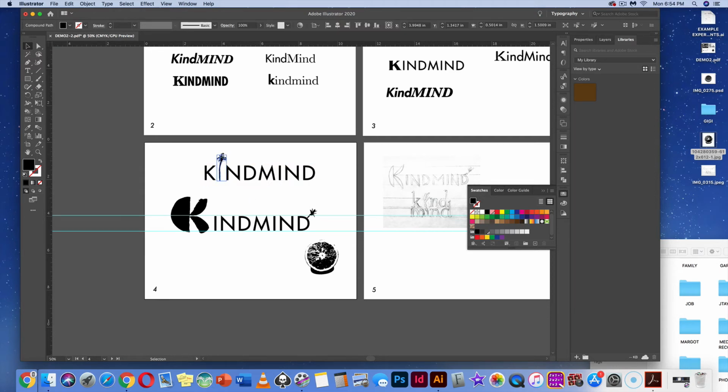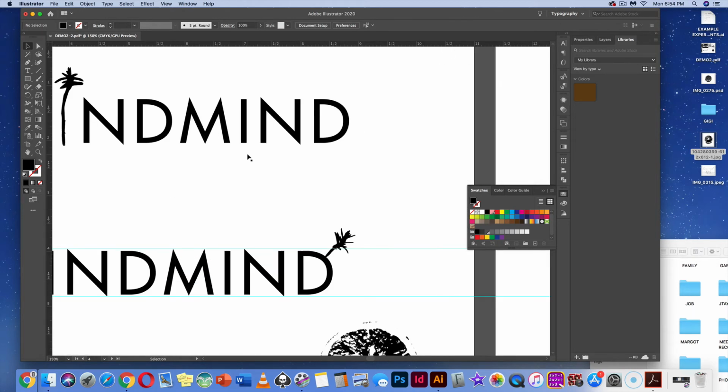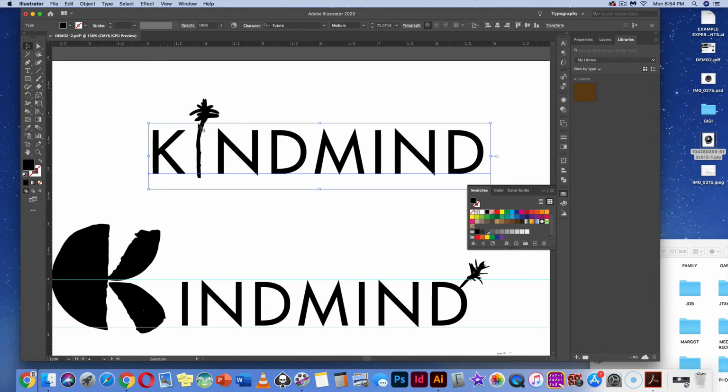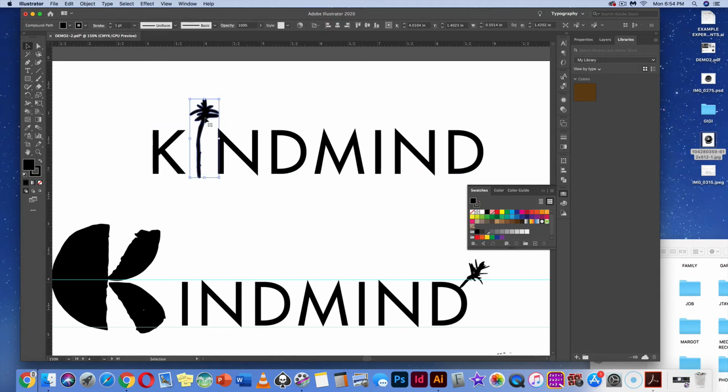Now, I notice I don't quite like the way this palm tree looking thing looks. The stroke of it looks a little thinner than what we're seeing here. So what I'm going to do is add a stroke to it. Again, on this little decorative element here, or the decorative stroke from our first experiments. Once I have that stroke on it,